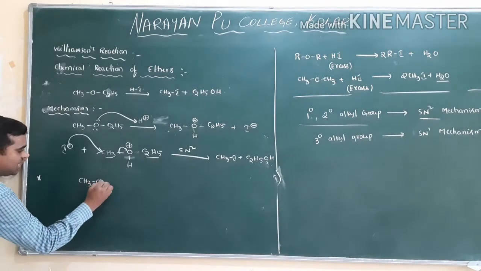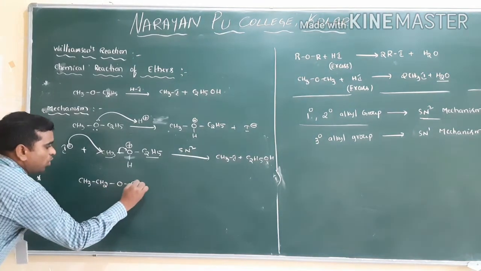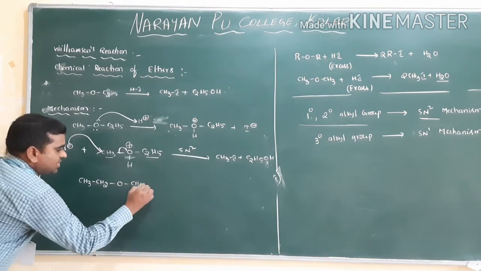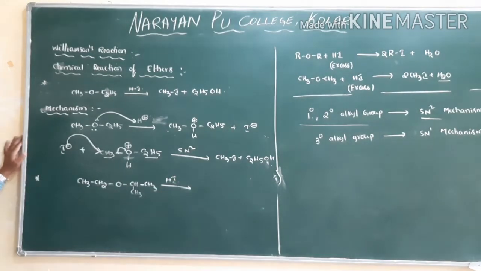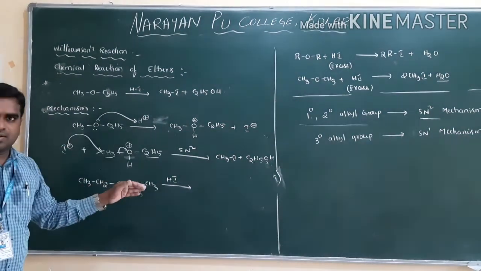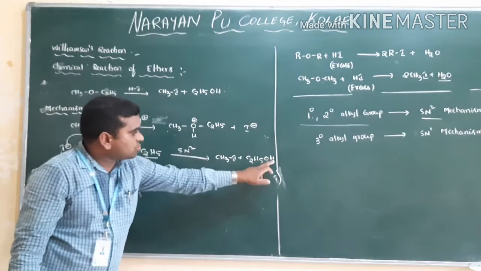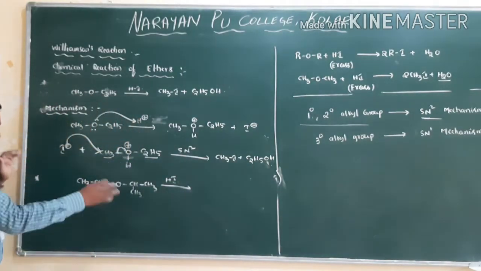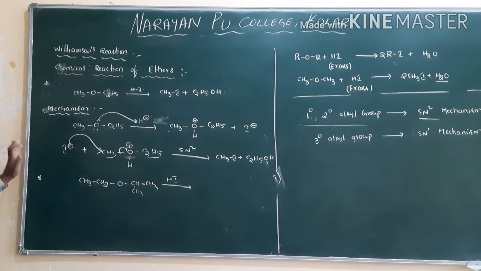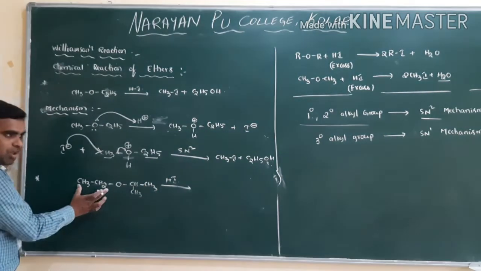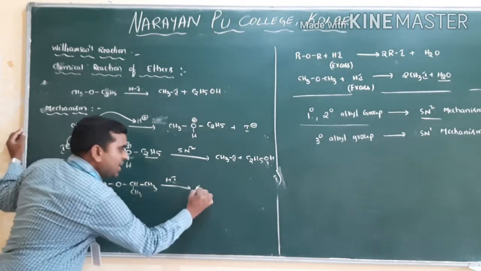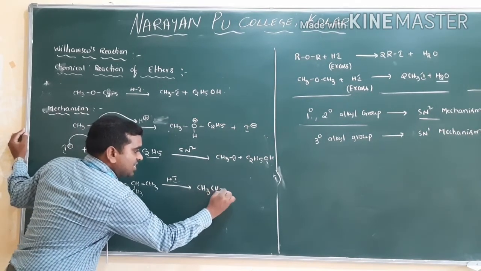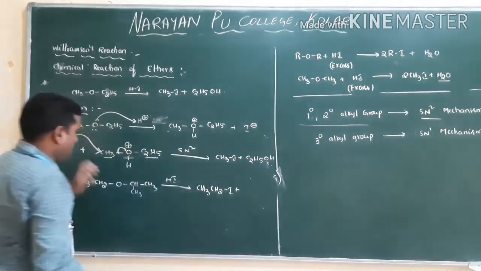Suppose I write another example here: CH3CH2-O-CH(CH3)CH3. I have taken HI, not an excess amount. Excess amount means this alcohol would also be converted into iodide. So directly, what is the product here? Which one is the smaller group? This is the smaller group, so iodide will be formed with the smaller group only. Directly you can write CH3CH2I plus